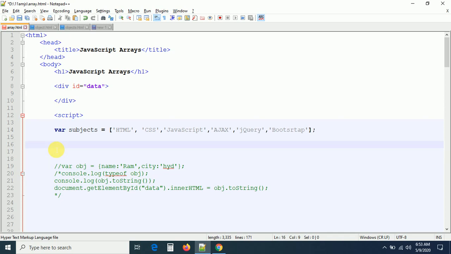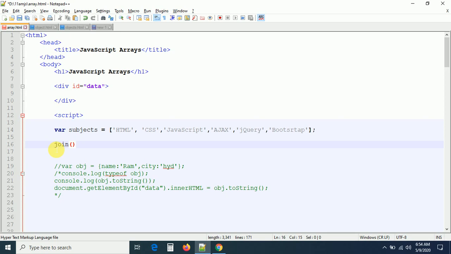Now the next method is the join method. So what will this join method do? It is also the same as toString. What toString can do, the same will be done by the join method also. But one difference is there. We can use some separator between the values of an array. I mean, earlier, if you use toString, there is no separator. By default, a comma is there. The same comma separator came.